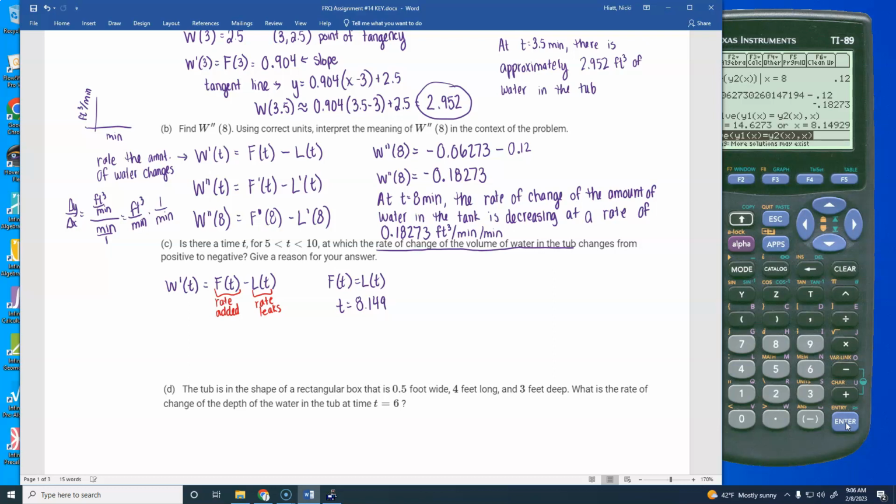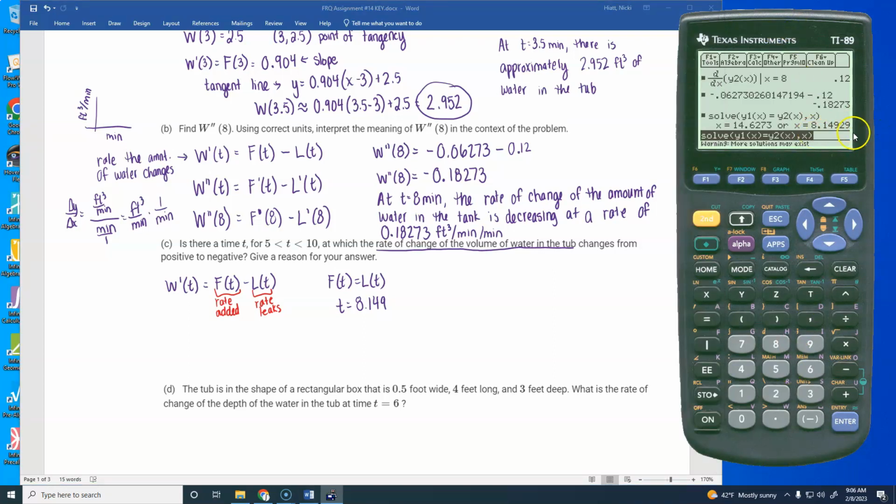Okay, so the 14, do we need to use it? No, because it's not between 5 and 10. So although it is a solution to this, oh look, there it goes. Okay, it took it a little while, but it did work. Now it's still going to be helpful for me to look at my graph here. My window's probably not great, because I need, maybe it'll work. Oh. Nope, I just barely missed it. Alright, let's go from 0 to 10